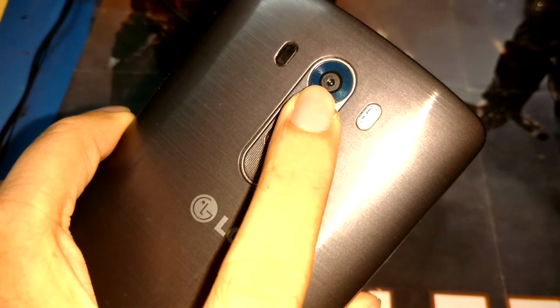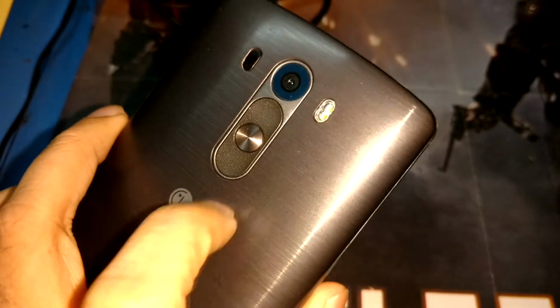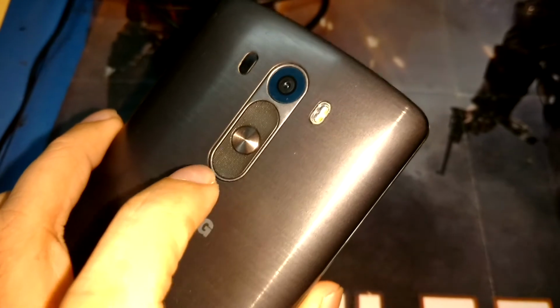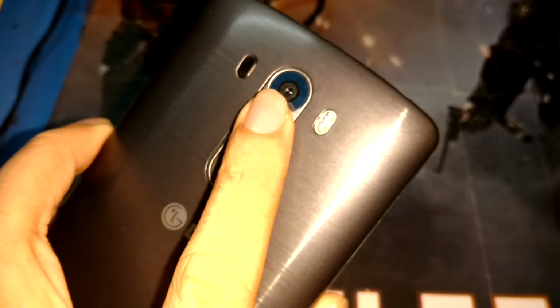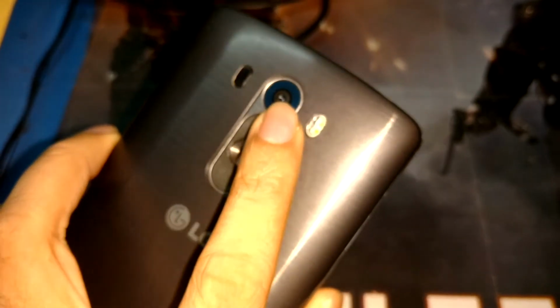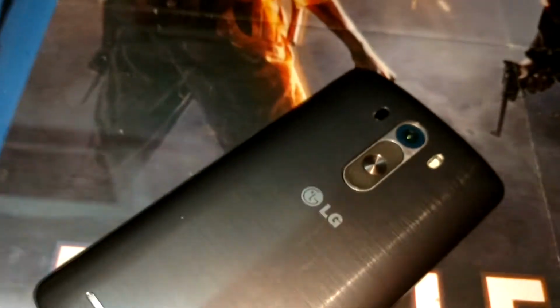There are huge smudges on this. Probably when the back panel was removed and there was basic tinkering done on the body, or if there were any basic repairs done on it, fingerprints landed on the lens. Now I took the liberty of actually disassembling the phone just to see what happened to it, and from what I understand, there are